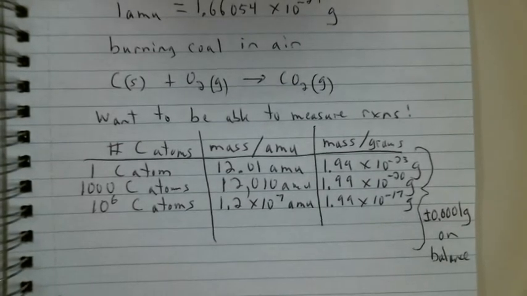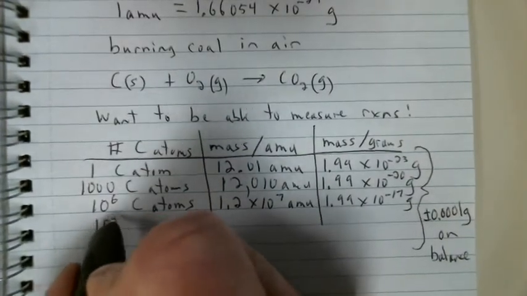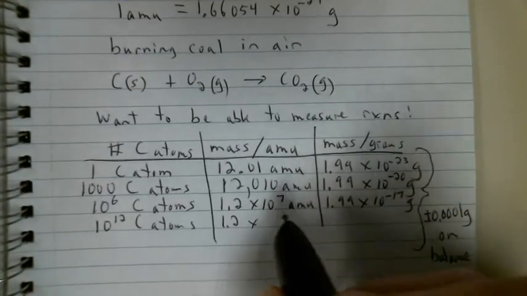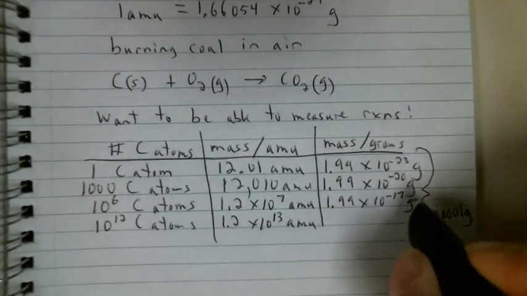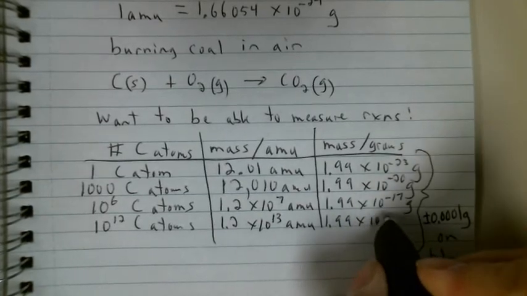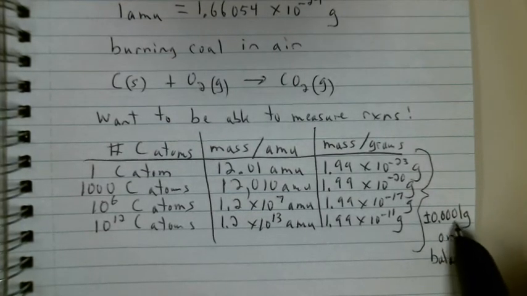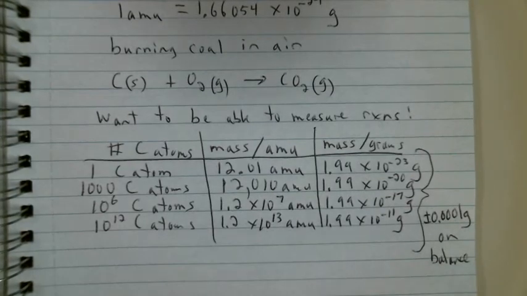Well, let's really get big. Let's do a million million. This is way more than a billion, right? So a million million, 10 to the 12th. Huge number. That would be 1.2, now we've got another, so that'd be 10 to the 13th, right? We add 6 to the exponents. And now we're at 1.99 times 10 to the minus 11th grams. We're still nowhere near, because this is out 4 decimal places. This is 10 to the minus 11th. So even though we have a million million, we're nowhere near being able to measure this in the lab. And so what we have to do